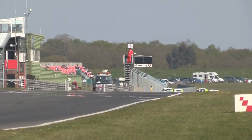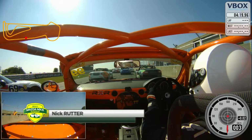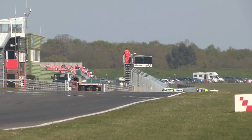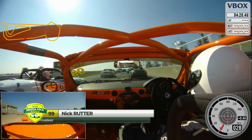So the 5-second board then is thrown. Will we get 3 different winners from the day? Herbert and Hills have a win apiece, but they both have overtaking to do in this one as a result of the reversed grid. Lights out, away we go at Snetterton, and Simon Baldwin from pole position tries to lead the pack down towards Rich's corner for the first time,